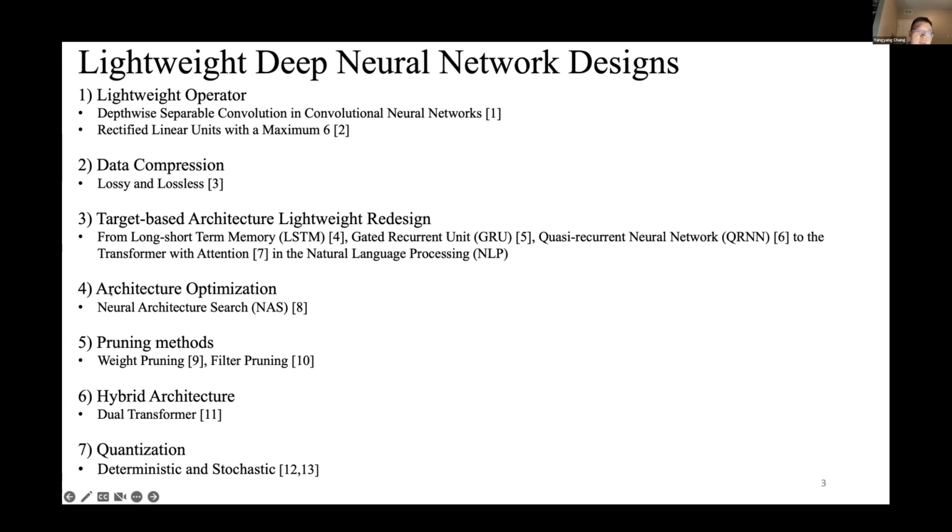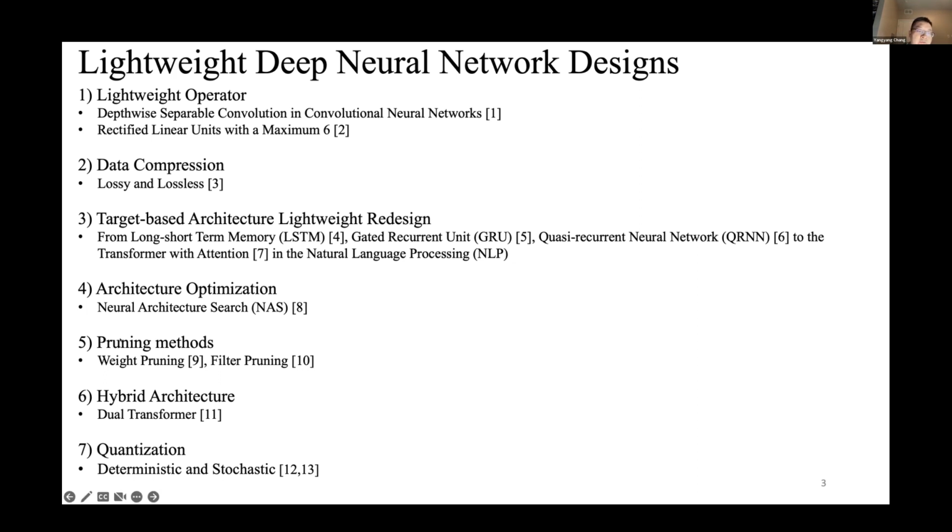And for the fourth factor, we can also go for architecture optimization. It's also called neural network search. It's a kind of method where you have a baseline architecture, and then you use an optimization function to search which layer you want and what computation you want. So this search will give you a favorable trade-off between the computation and the classification accuracy.